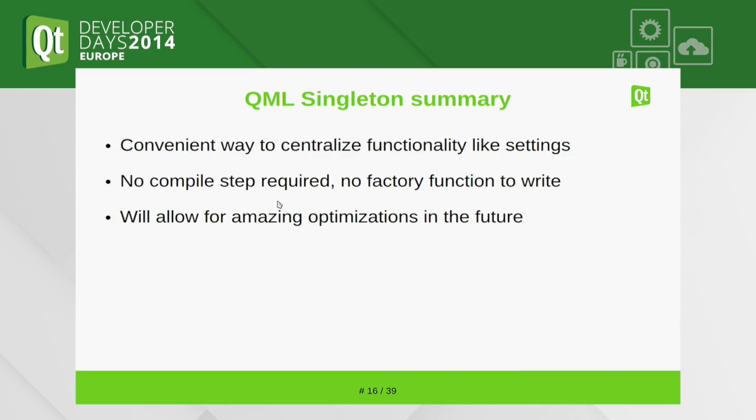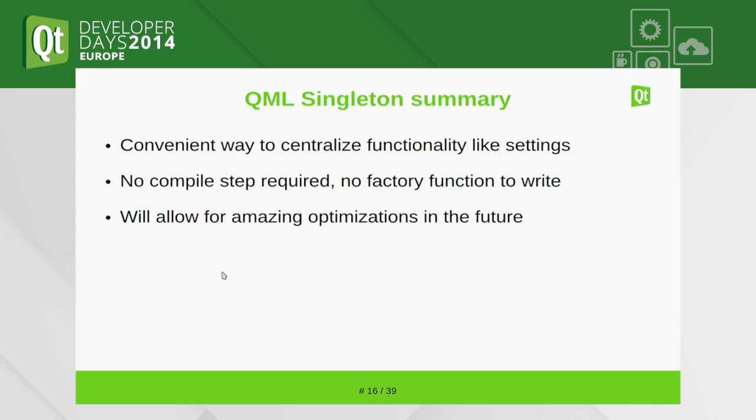Right. So as a summary for this feature, it's a convenient way to centralize data or functionality. You can also put functions in there, obviously, not only properties. But it can be easier to write because you don't have to compile them, and there's no factory function that you write with a correct signature and you have to return magic things. And what it will do is it will allow us to do some pretty cool optimizations, I think. For example,